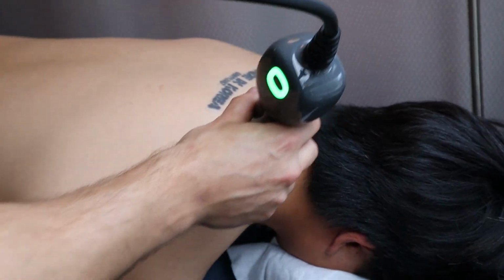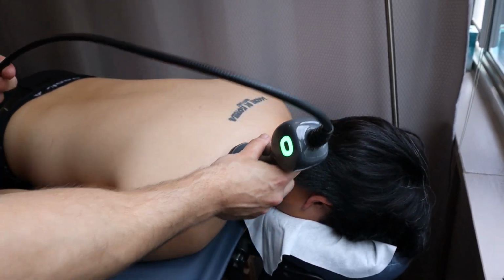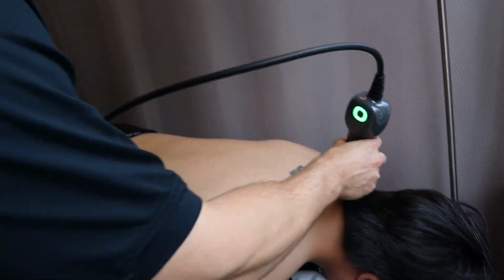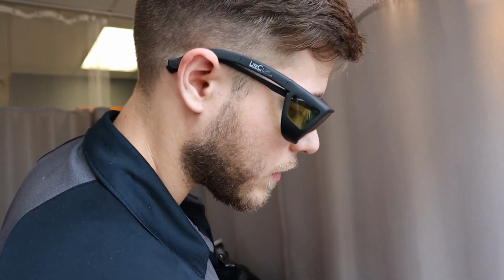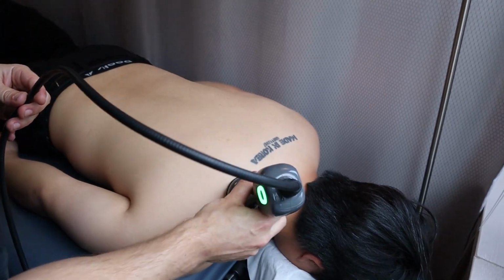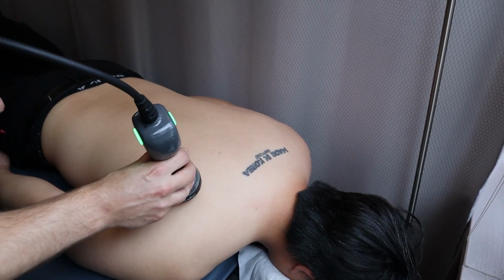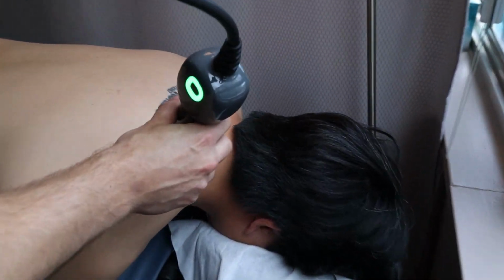So we're about halfway done with our treatment of the laser therapy here. Again, the laser treatments are never terribly long. They're kind of nice, short, right to the punch, if you will, in terms of treatment. But that definitely doesn't take away from how nice it feels. That's the truth. And Dr. Jonathan can attest for that right now, too. Feels like